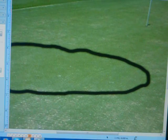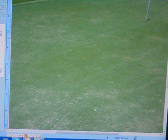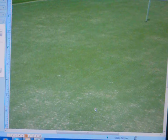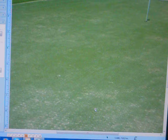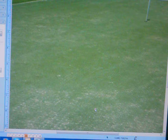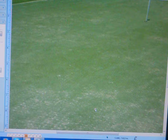Next, let's talk about escapes. Back here, you can see the area that's free of disease. This is curvularia leaf blight. It came in after the course did a rather vigorous aerification. That often happens. You do get leaf diseases coming in when you've stressed the grass. But why is this large area not diseased? Again, an escape is maybe a plant or two within a number of plants that are diseased, and for some reason they don't get diseased. This goes way beyond an escape